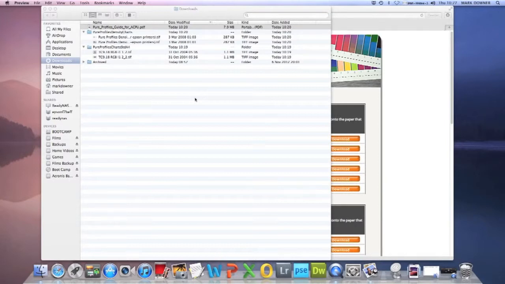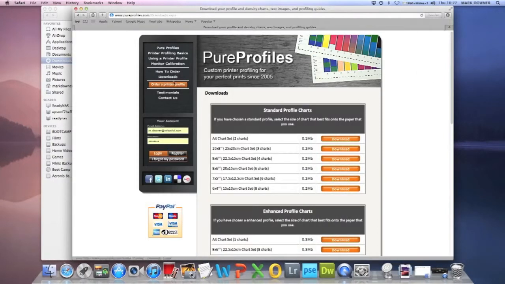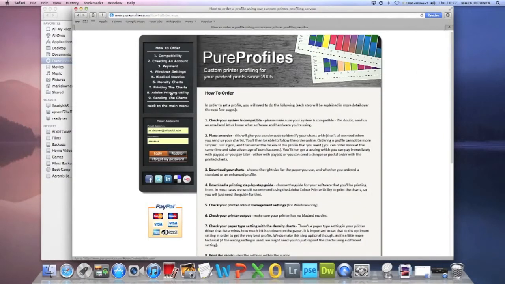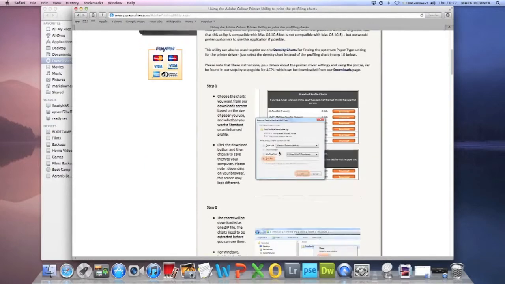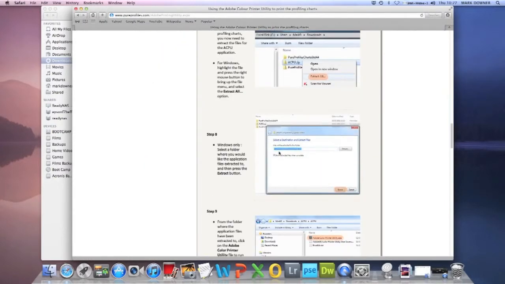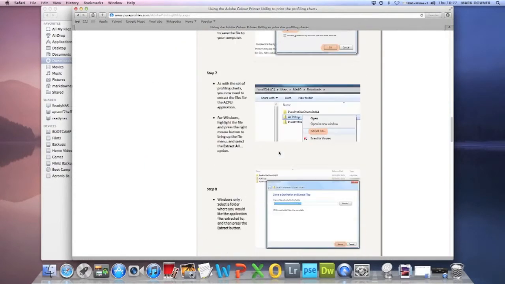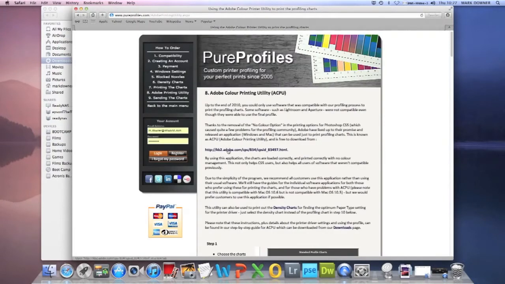Now that's the next thing we've also got to look at downloading. So if you go back to the website, go to How to Order, go to Adobe Printing Utility, and you see here it's got some instructions there on how to use it, but if we go up to the top, we've got a link here. Now this isn't our software, so obviously we don't host it. You have to download it from Adobe,